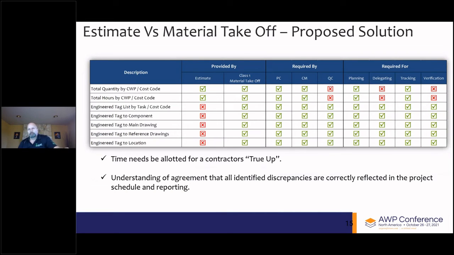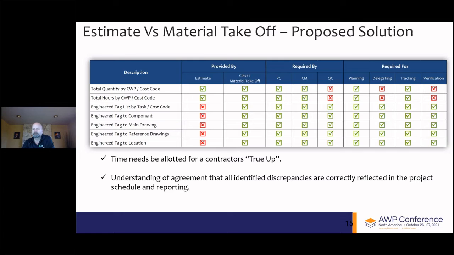So by no means is this an exhaustive list of the details of the outputs of an estimate or an MTO, but rather a focused data set specifically identified for its requirements in creating buildable work packages. Total quantities and hours for a CWP by cost code is a given and provided by both the estimate and the MTO. This information is required for both project controls and construction management and is used for both planning and